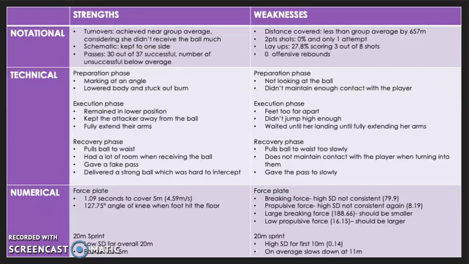A third weakness in this phase would have been that she didn't fully extend her arms at the top of the jump. This is a weakness because it took away potential height from the jump, which may have been needed. She only fully extended her arms when her feet were on the floor after jumping. In the recovery phase, one weakness was that she pulled the ball to her waist too slowly, which would have been bad because it gave the opportunity for another player to make a steal.